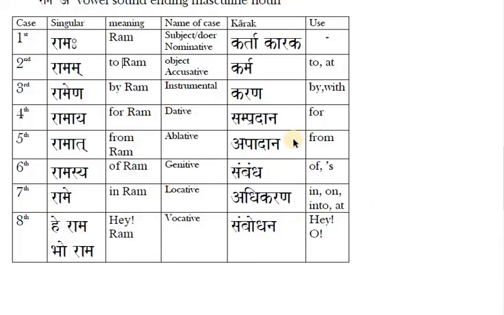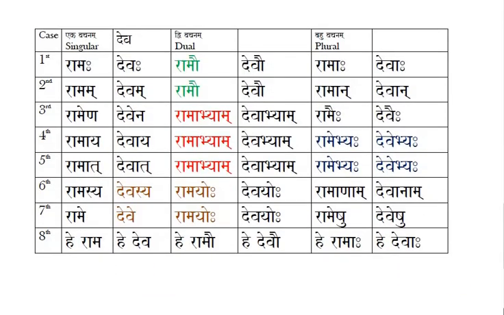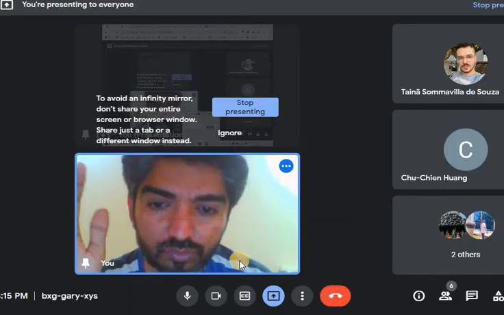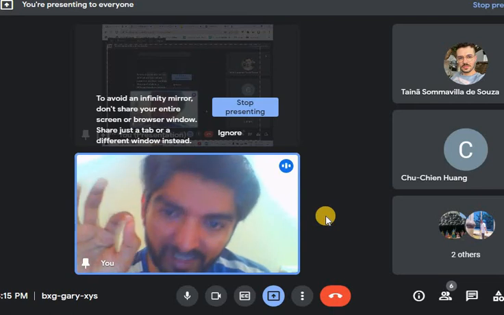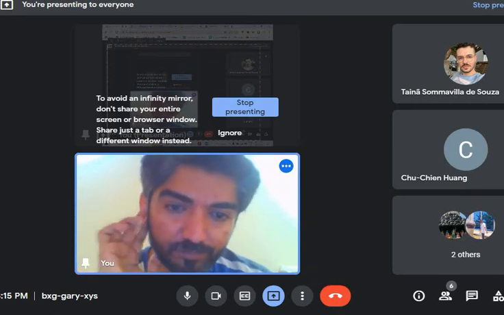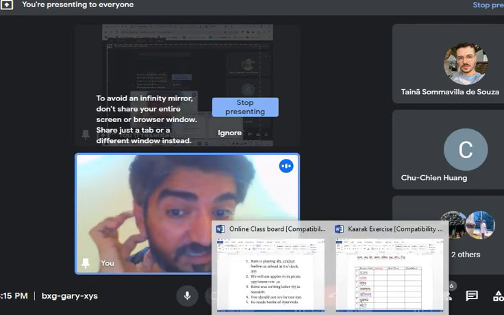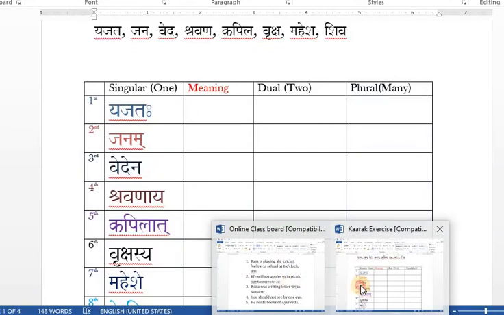So, dear students, here you understood that the first case is representing subject, the second case is representing object, the third is by, all these things you understood. Now I will ask you certain questions, students. You will just pick the word and tell me. Okay? I am speaking some sentence in English and you tell me the word.